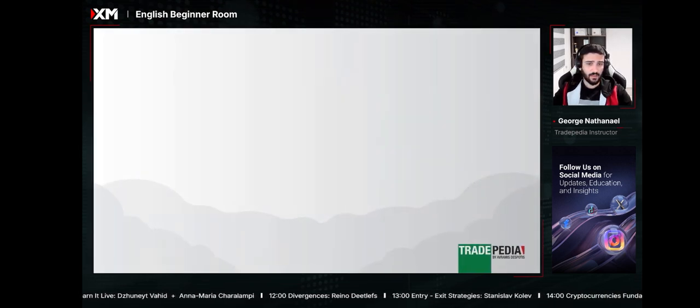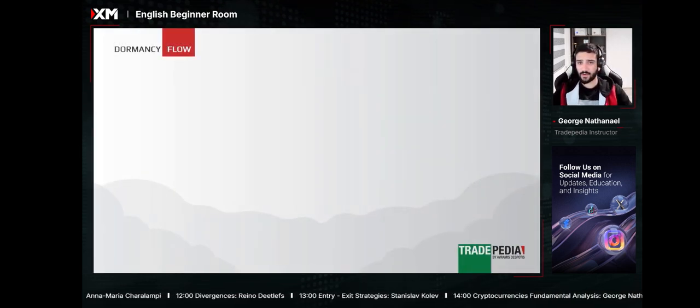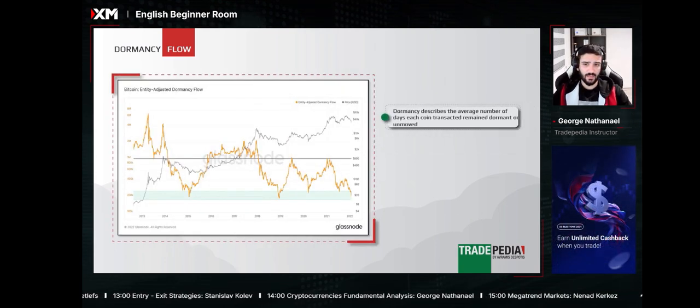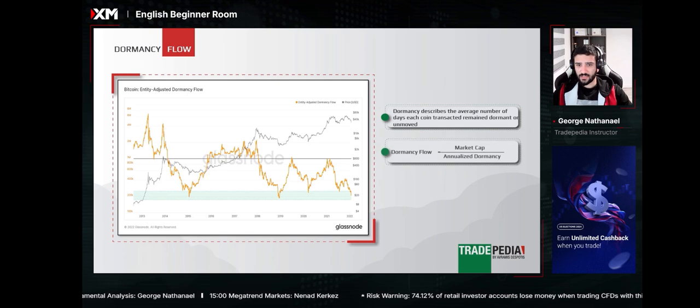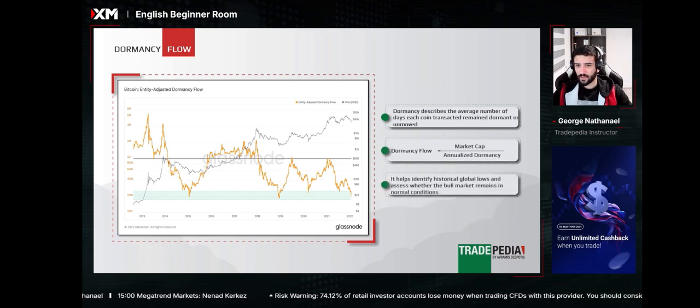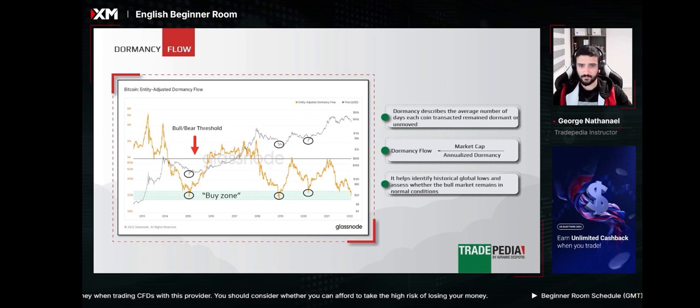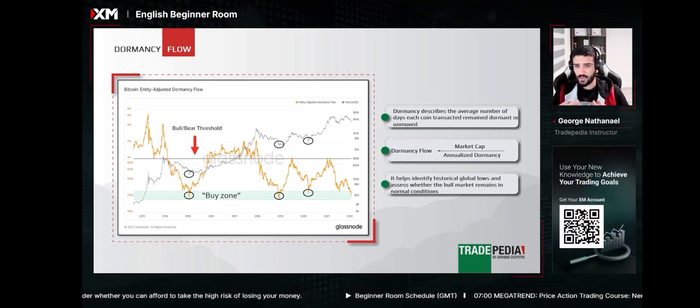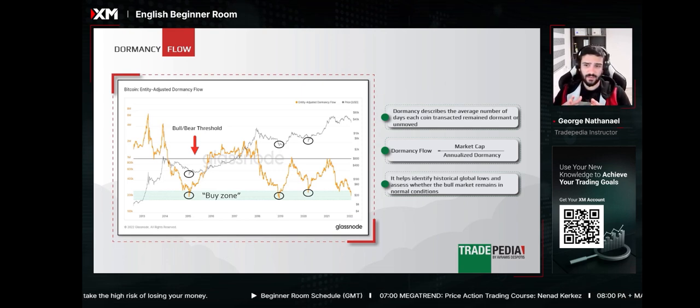Now, the next one, another actionable metric, is the dormancy flow. Dormancy describes the average number of days each coin transacted remains dormant or unmoved. The entity-adjusted dormancy flow is the ratio of the current market capitalization and the annualized dormancy value that is measured in US dollars. This ratio helps identify historical global lows and assess whether the bull market remains in